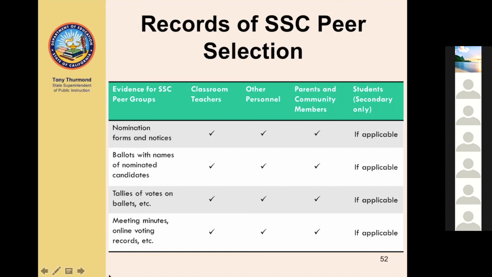They'll look at ballots with names of nominated candidates, ballots that have the tallies of votes, and also meeting minutes and online voting records, especially during the pandemic. So it's very important that you have the records of peer selection for each of the various groups that are part of your school site council.